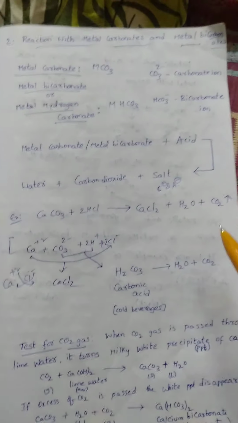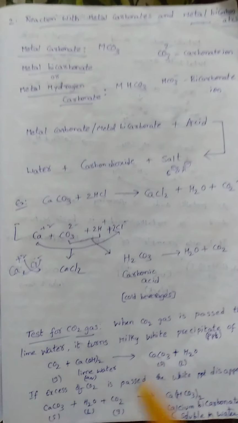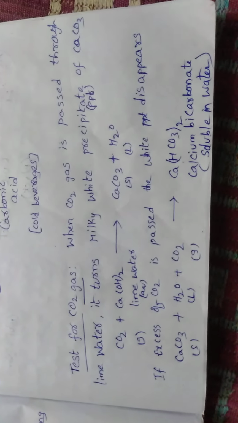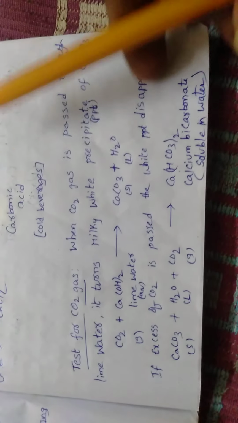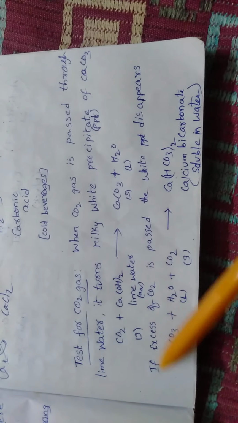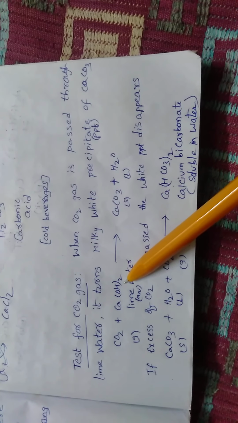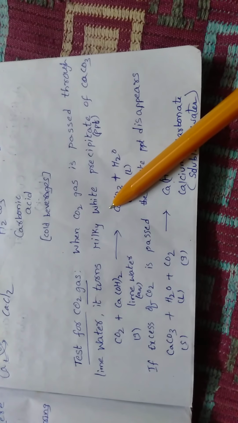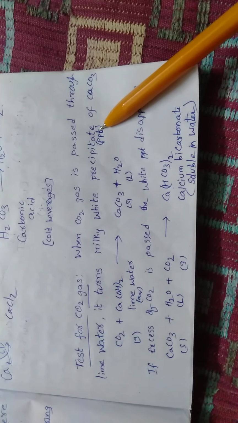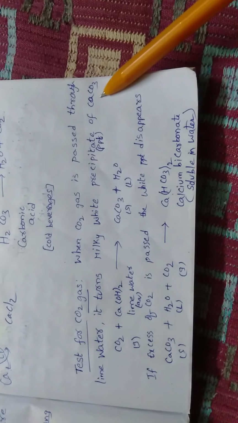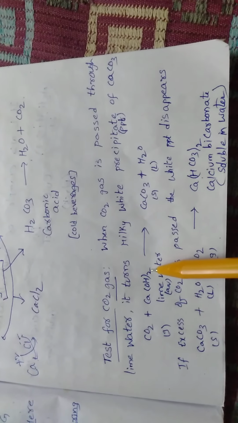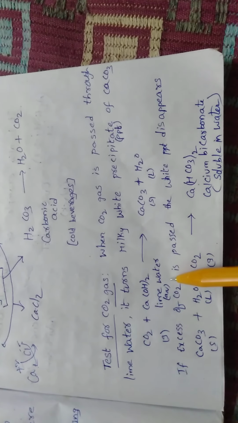In this reaction we got CO2 gas. This CO2 gas, we have to test it. How to test this CO2 gas? It is very important. To test this CO2 gas, I will pass the CO2 gas into lime water. The formula of lime water is Ca(OH)2, calcium hydroxide. It turns the lime water milky white because of the formation of a white precipitate of calcium carbonate. So the CO2 obtained in the reaction combines with the calcium hydroxide, which is lime water,